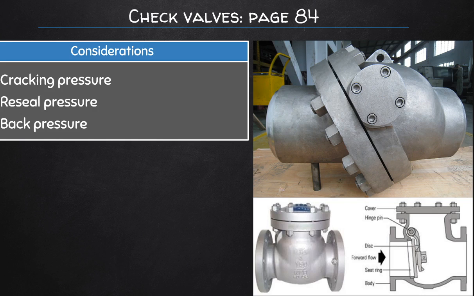So there's a certain static and dynamic pressure that will be required to crack the valve open and keep the valve open. The release pressure, the reseal pressure, is when the fluid flow rate reduces enough to a low enough velocity such that the valve can close again. And the back pressure, therefore, has to be low enough, but it shouldn't be too low and it shouldn't be too high as well. It needs to be in a sweet spot in order for the check valve to operate correctly,